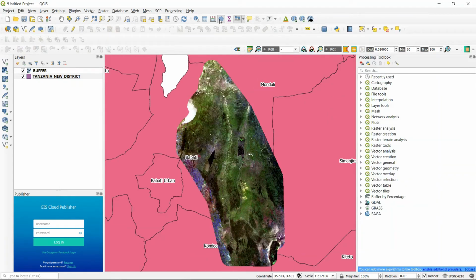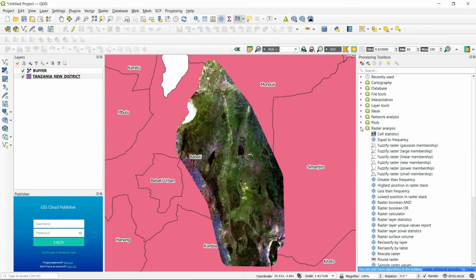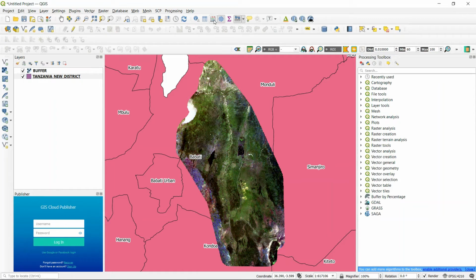We have the toolbox here where you can find different tools. For instance, because I have data in raster, I can possibly want to do a raster analysis. As you can see, someone also asked if QGIS has the capacity for raster analysis. So here you can observe it within the tools, and we also have a calculator where you can calculate. We have a statistical summary where you can get a summary of your data, and you can play around with it anyhow you want. We also have an important tool here, which is a new print layout, which is used to